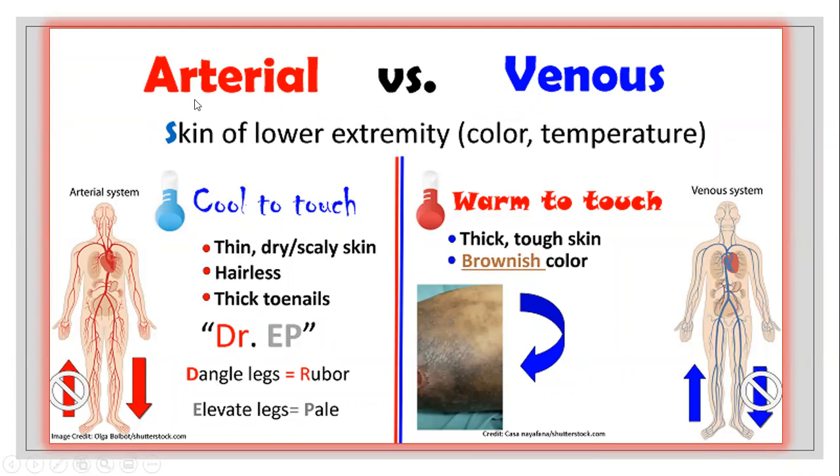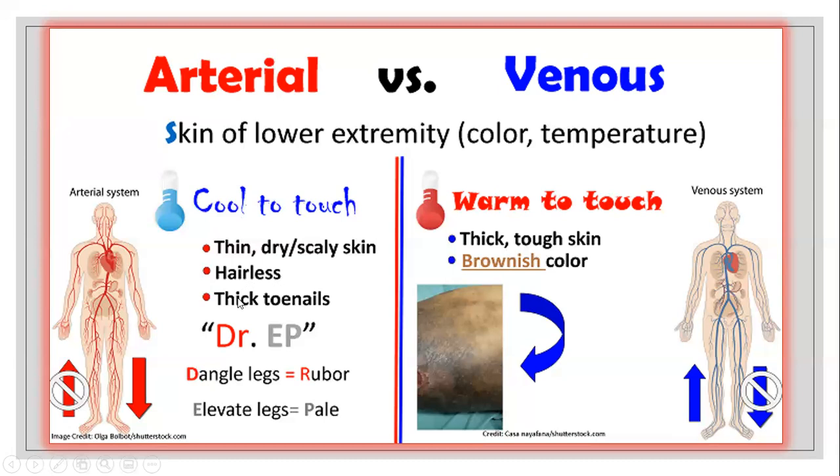If the peripheral vascular disease is because of arterial problem, we feel cool temperature, the skin cold to touch. The skin should be thin, but here thick, dry, scaly,